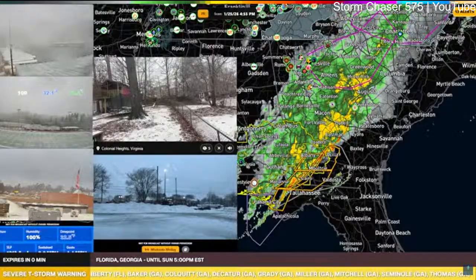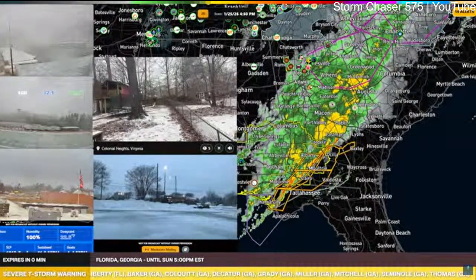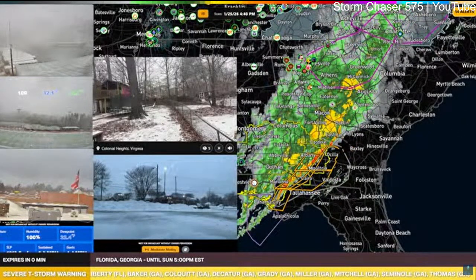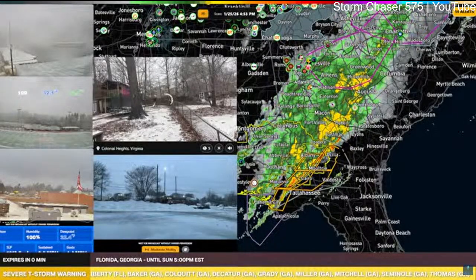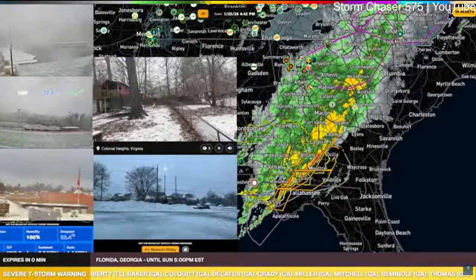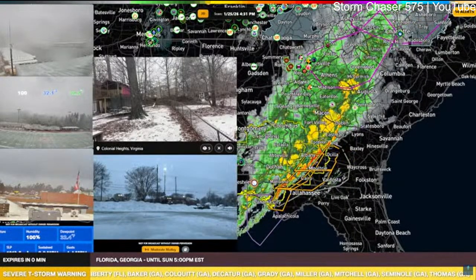Astonishing says, what is the forecast for Chesterfield? It's no different than this, really. Kind of what we were just going over. We have some freezing rain and still some winter precipitation, like sleet mixing in, moving in, and that could last until 9 o'clock, 10 o'clock at night. So there's still some possible icy conditions that you're going to be seeing tonight and maybe